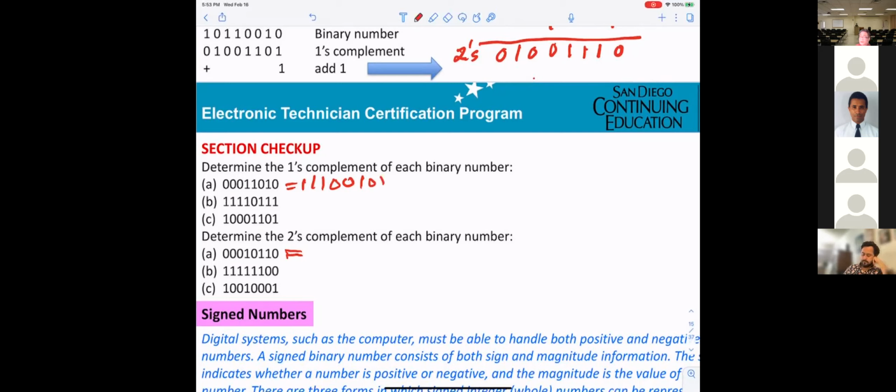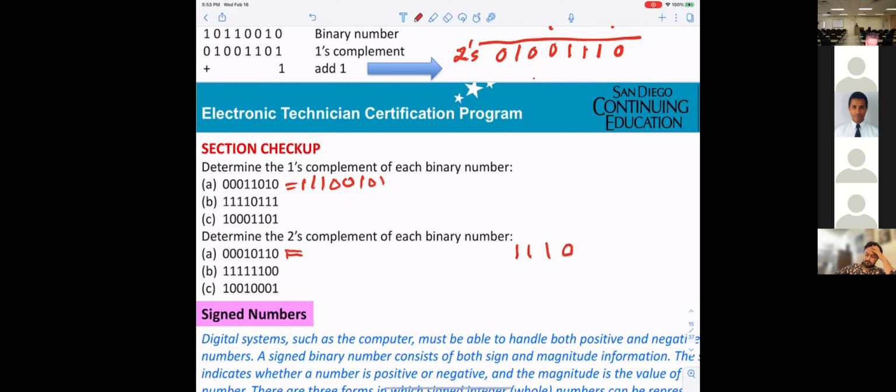First thing you need to find is the first complement, and then you add 1 to get the second complement. Change all the zeros to ones and all the ones to zeros, and then add 1. Okay, so basically I just go 1, 1, 1, 1,